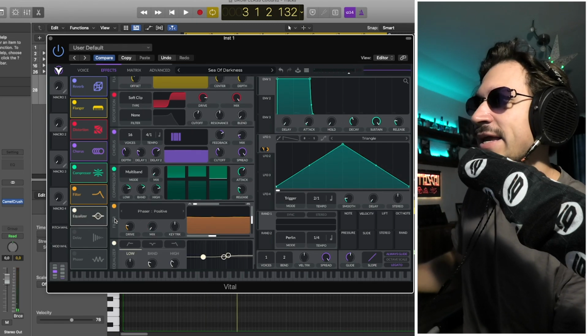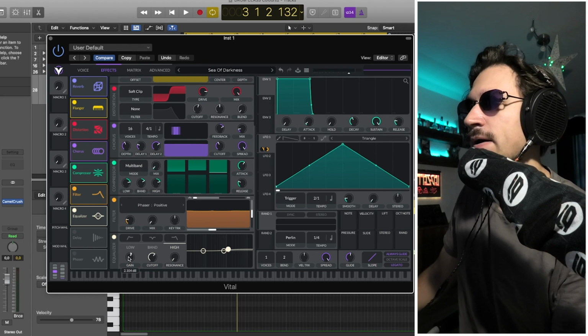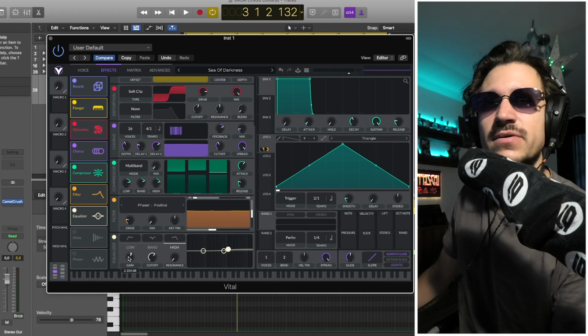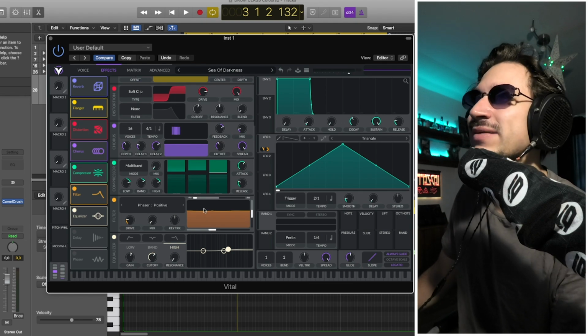And then the equalizer has a bit of a high-end boost here, just 2 dB or so, just to crank up the highs a bit more. I guess they're already pretty high, but